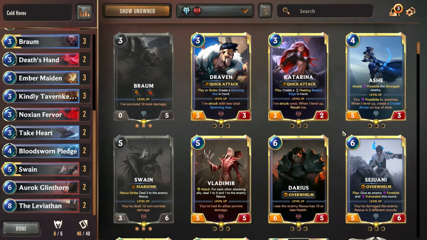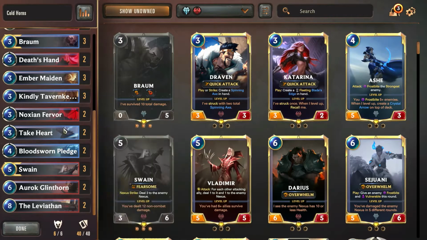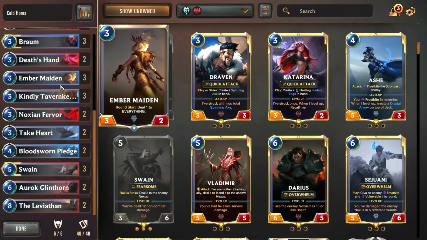And in order to get real value out of Aurok Glinthorn, pretty much all of the enemies need to be stunned, unless you've got a full board state and can attack everybody. So in order to do that, what we have in this deck is the Ember Maiden, who is enabling that ability. Ember Maiden, however, deals 1 damage to everything, and everything includes both nexuses, yours and the opponent's, as well as all of your units. Which is really good for leveling up Swain, but kind of bad if you wanna